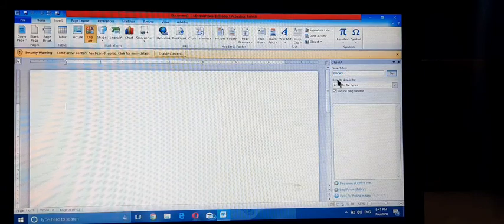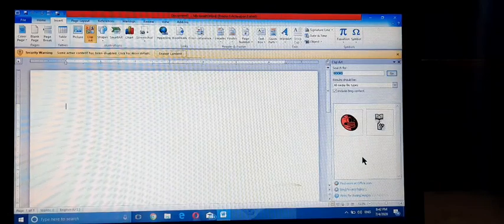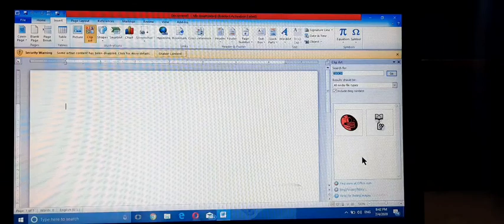Here there is already a topic, books. Okay, you need to enter the clip art type here and click on the go button. Okay, all the clip art inside the group will be displayed in the dialog box.